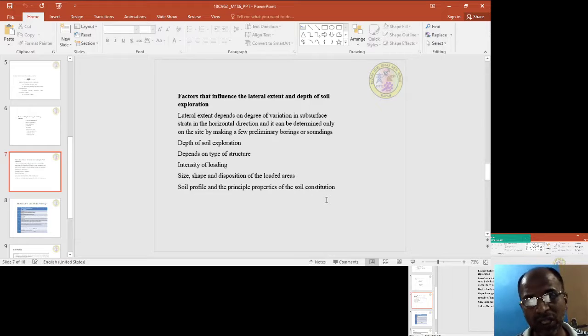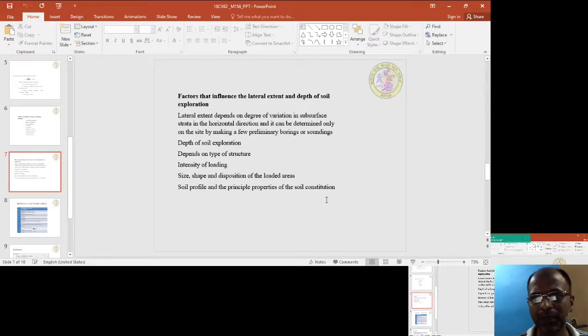The lateral extent depends on the degree of variation of subsoil strata in both the horizontal and vertical directions, and also on the type of the structure. Suppose I am going for a small residential building, then a borehole depth of 1 meter, 2 meter or 3 meter is sufficient. If I am going for a multi-story building, the depth of borehole may be 10 meter or 30 meter